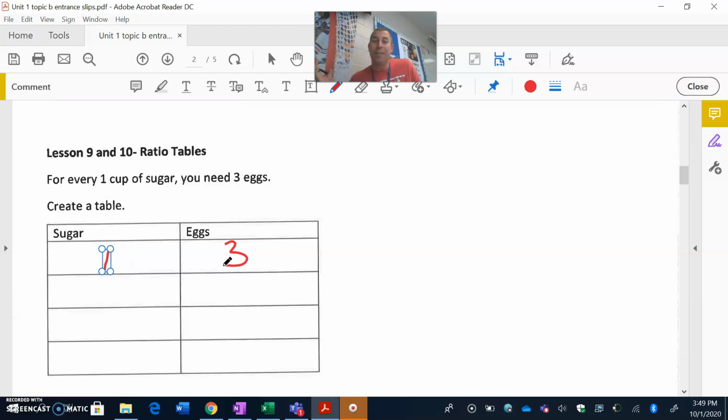All right, there we go, people. We're off to a start. Now, to fill in the rest of them, we've talked about before that to create equivalent ratios, you just need to multiply by the same number. And although that is true, because it's a table and we are in control, we can modify this a little bit. What we're going to recommend here is you actually do some repeat